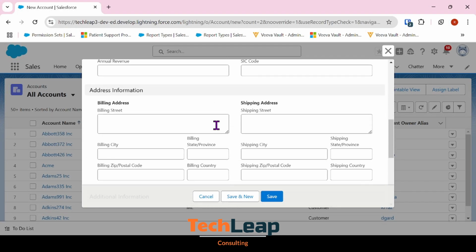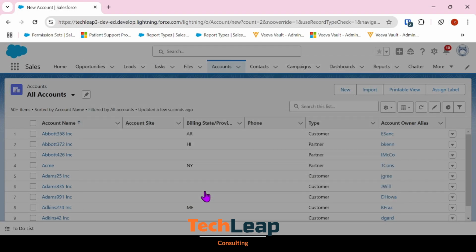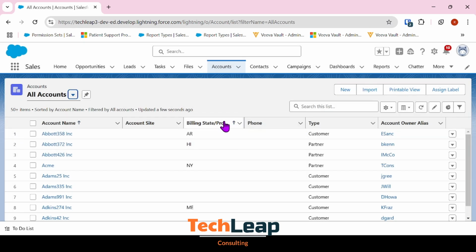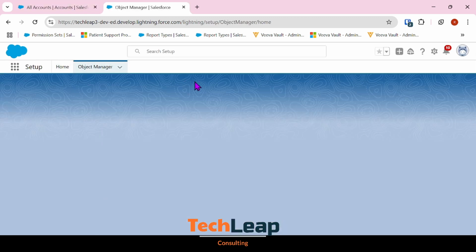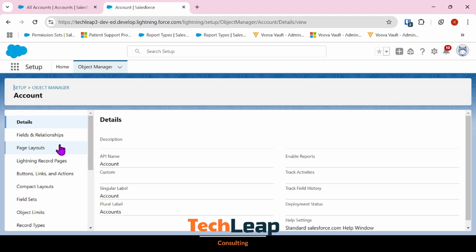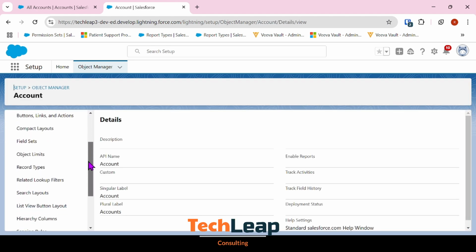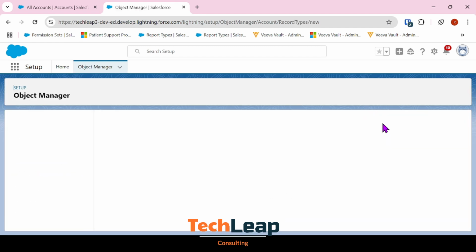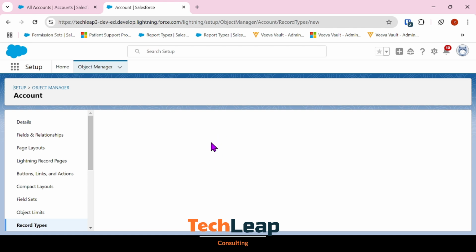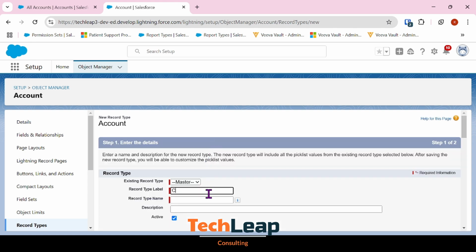an account. So in order for us to create a record type, let me go ahead and go to the setup, go to the object manager, and select the account record. And if I scroll down, I would see something called record types. As you can see, I do not have any record types out of the box for this account object. And in order to create a new record type, I just hit new,